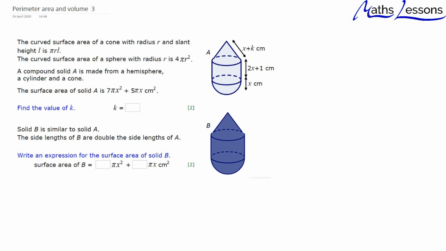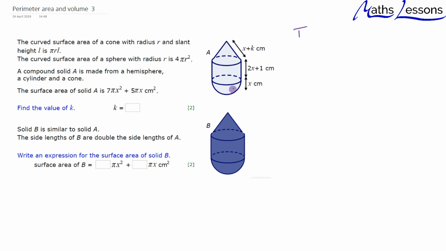Okay, this one looks a lot harder than it is. As long as you're consistent in what you're doing, you'll find it quite straightforward. So what we're going to do is write out each bit. We're talking about areas all the way through, and we've got the total area. So let's start off by writing out what the total area is from the cone, from the cylinder, and from